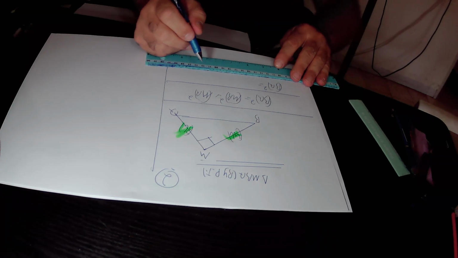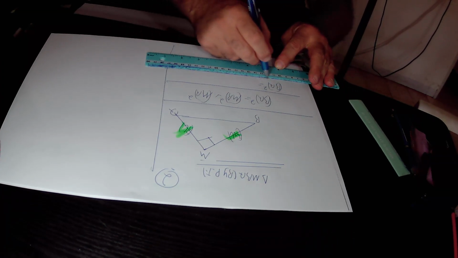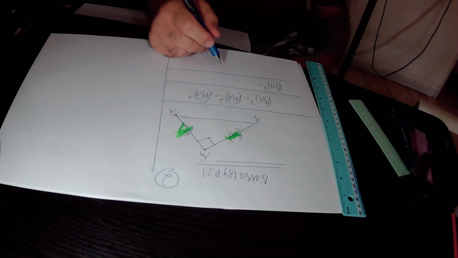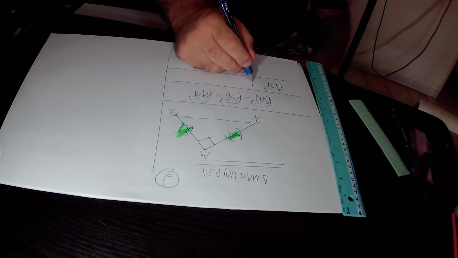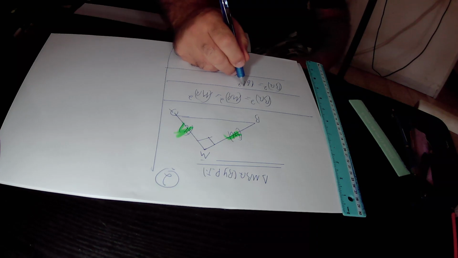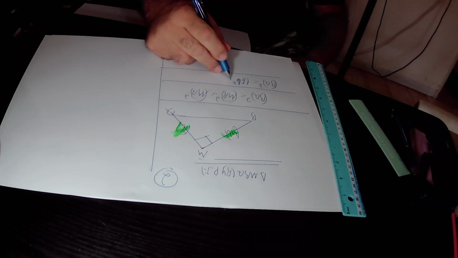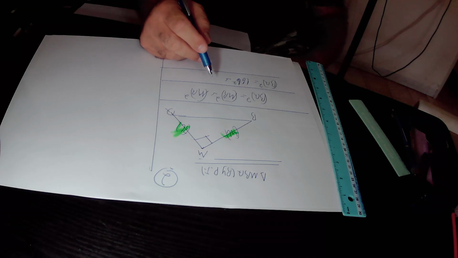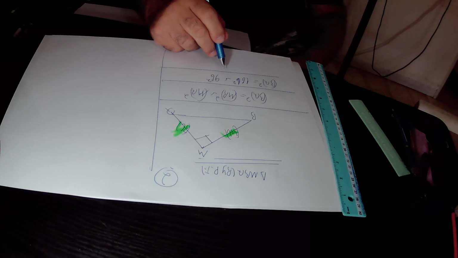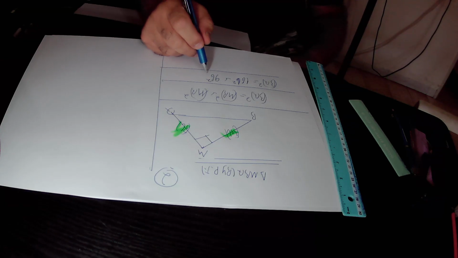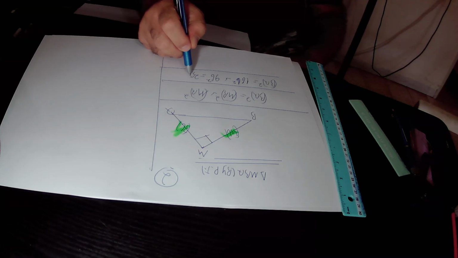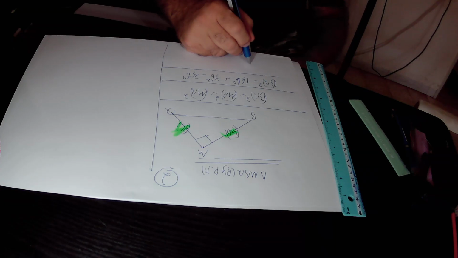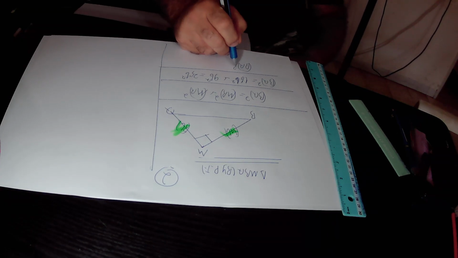So it is BQ squared equals MB squared. MB is 4B, therefore MB squared is 4B squared, that is 16B squared, plus MQ squared. MQ is 3B, therefore MQ squared is 3B squared. This is 9B squared. 16B squared plus 9B squared is 25B squared. So in total, we find that BQ squared equals